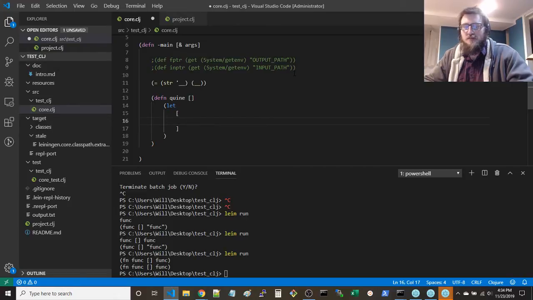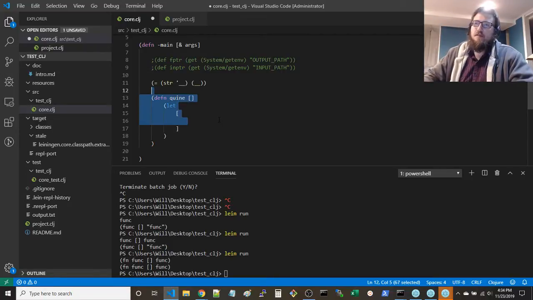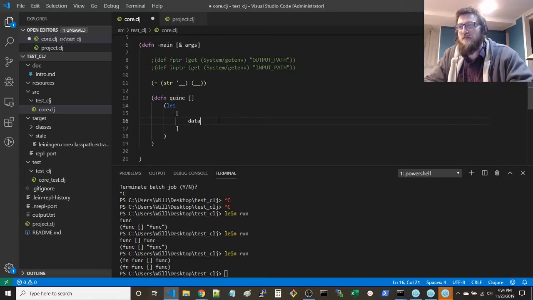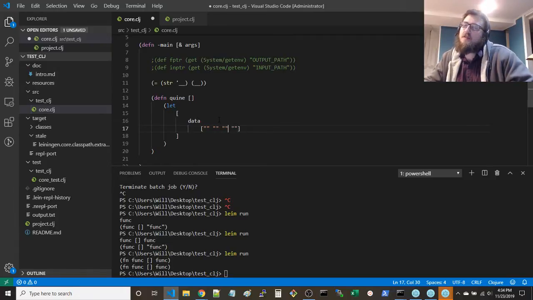So the beginning is sort of just like startup code, you know, like you've got this define, you've got this let, you've got a few different things going on. Let's get the text that we want here. So that's the beginning. It looks like this part, top part. The middle is going to be some text, so data, we'll call it. And this data is actually going to be an array of information. And we can have a sequence. Let's use a vector. And it will have a whole bunch of strings, a sequence of strings to use, right? Which will consist first of the beginning, which is define quine,